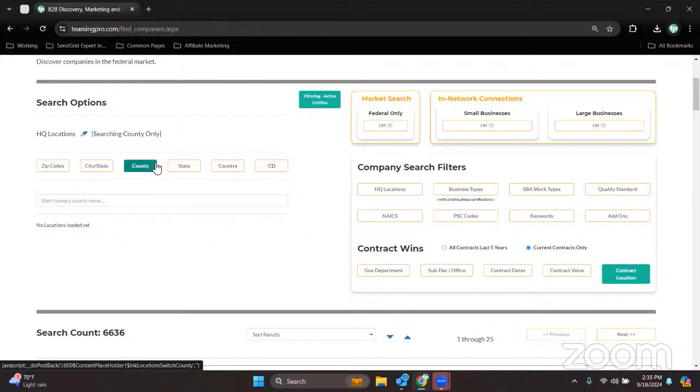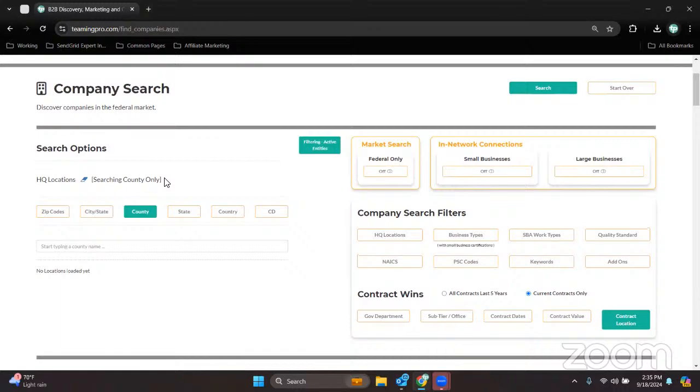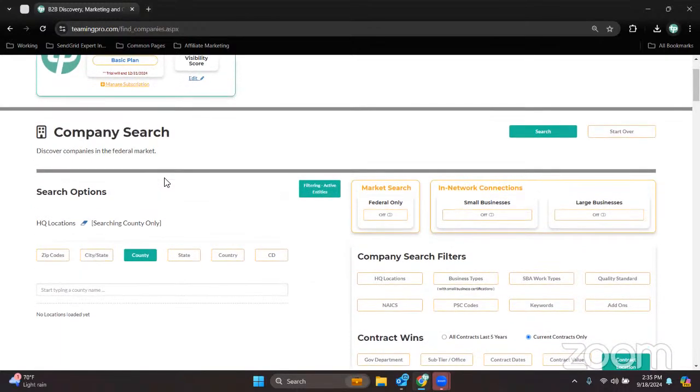So hopefully this works well. I haven't heard any complaints from this type of searching so far, but we keep our ears peeled. Definitely let us know. But yeah, that is searching for companies based on their specific information. Now, with that being said,